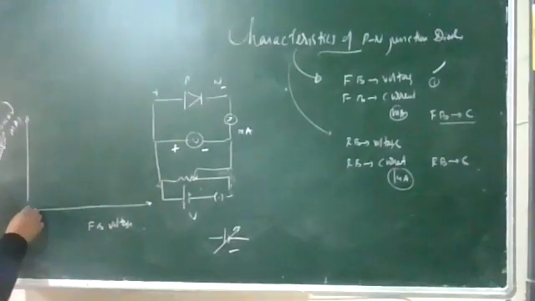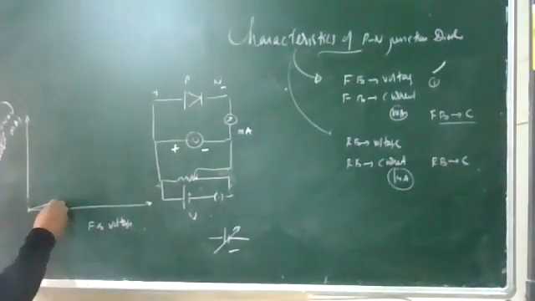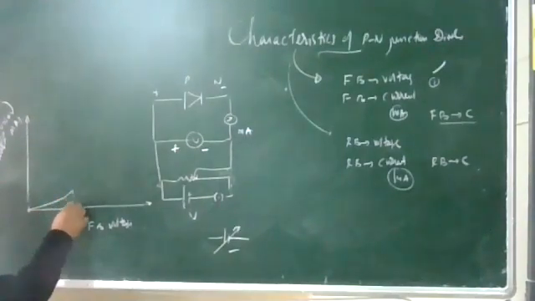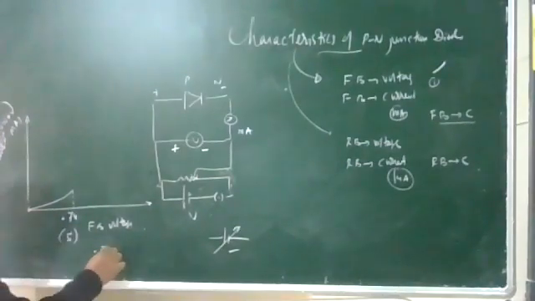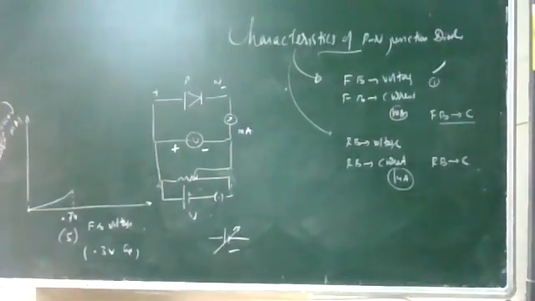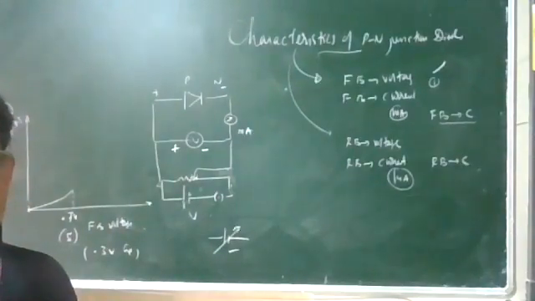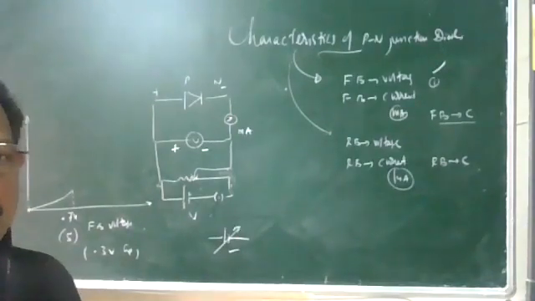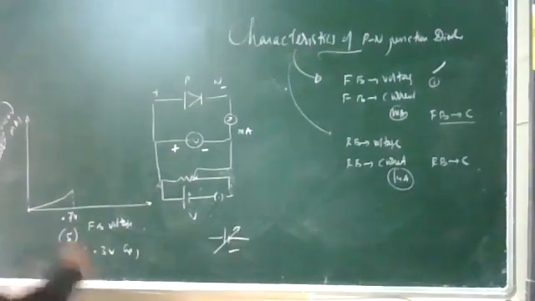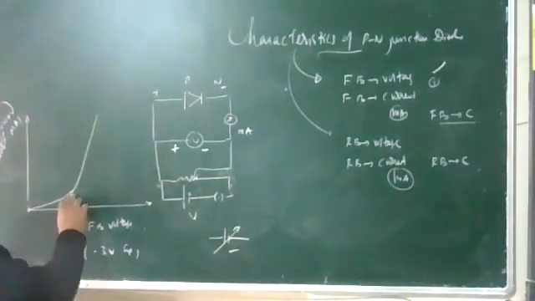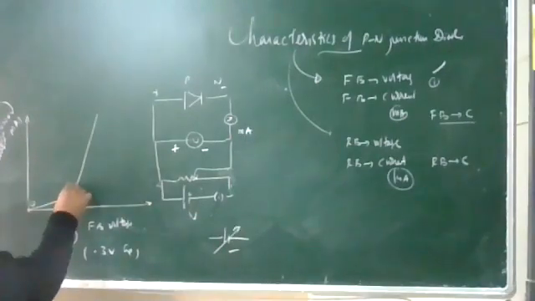Initially, when the voltage is zero, the current is zero. As the voltage increases, 0.1, 0.2, slowly the current will increase because the potential barrier is decreasing. When it reaches a particular value, 0.7 volt for silicon and 0.3 volt for germanium, you remember the specialty of this 0.7? That is the barrier voltage. When you give 0.7 volt from outside, the potential barrier will be cut out. There is no barricade there. The potential barrier is overcome. There is nobody to oppose. All majority carriers flow, and that is the high current. You can see this is the way of the graph, the OAB graph.